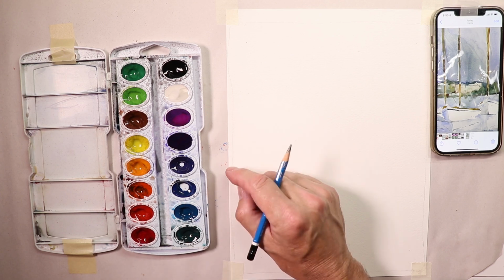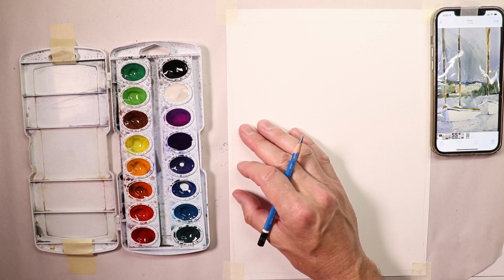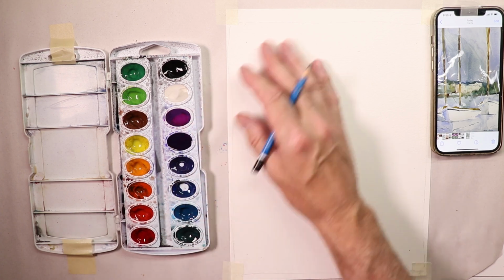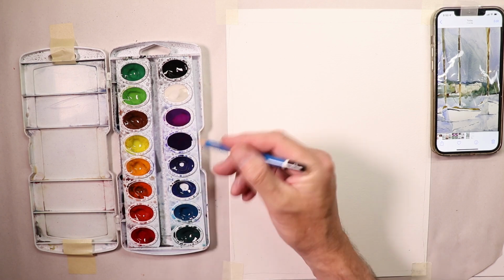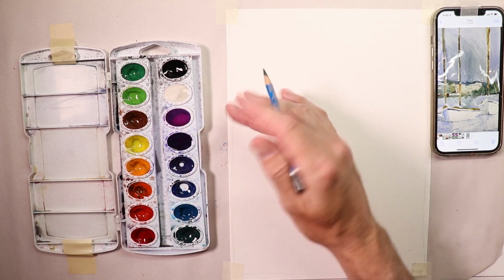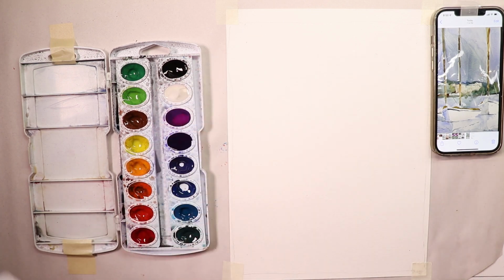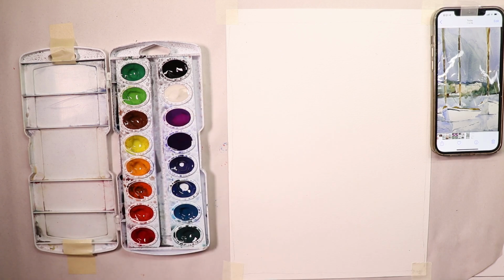But the thing is with tube paints, they look better. They're more permanent. They will last a long time. They give you more vibrant, exciting color. This is more of a softer pastel-y kind of color when we use these paints. So it's just a different look, and again, it's a little more budget friendly, and I just wanted to mention that. But I use these more frequently now because I just enjoy the look of the paint. So